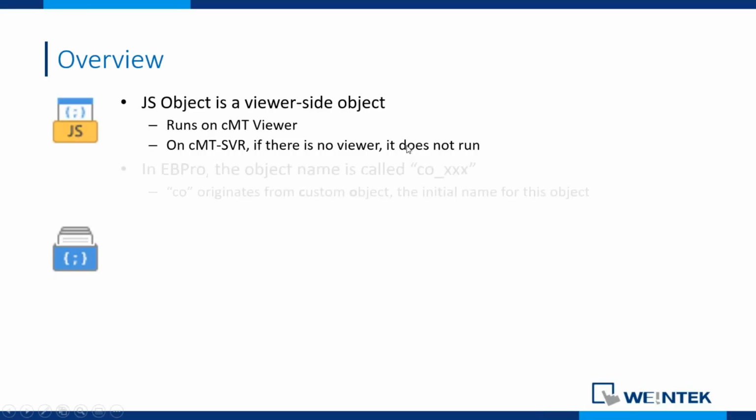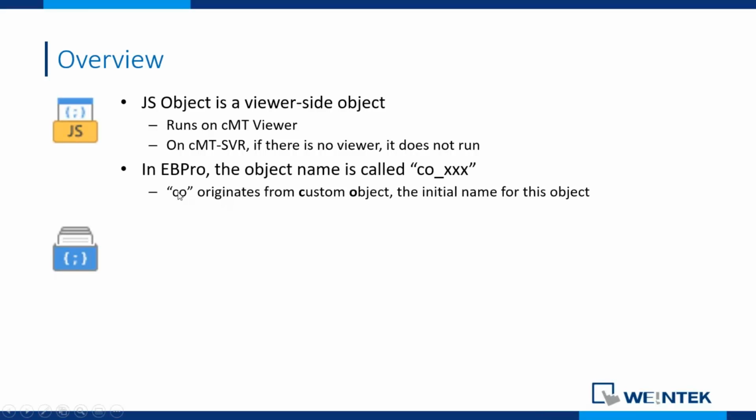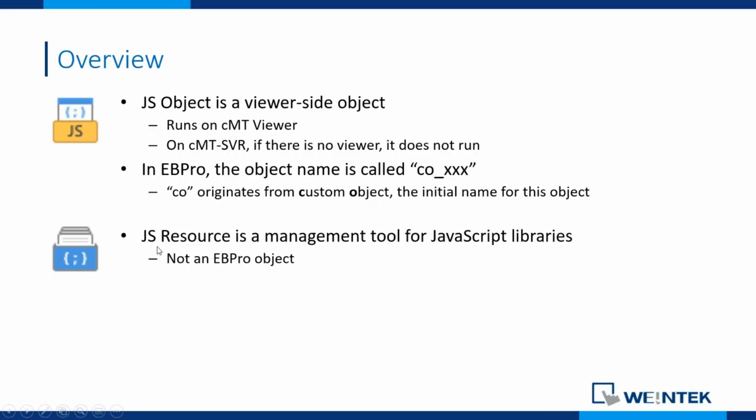Okay, so this is a JS object, and the object name is called CO, because it originates from custom object. Okay, and we have a JS resource for you to manage the library you're going to use, so you don't have to rewrite a lot of code